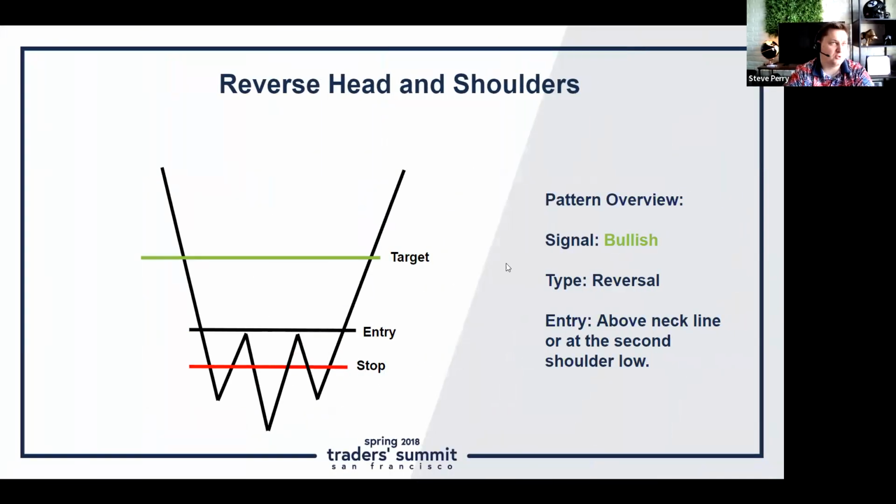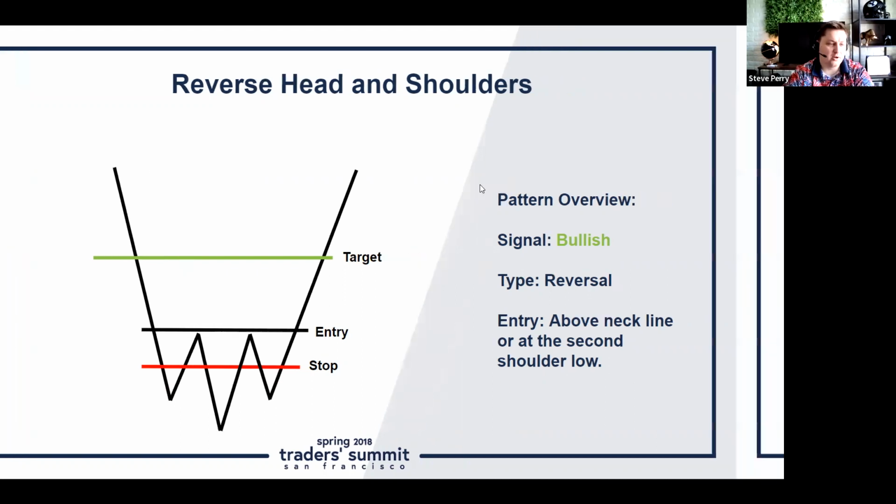Let's talk about reverse head and shoulders. It's the exact same thing, just on the opposite side. So you got a market that comes down, comes up to the neckline, comes back down, makes a head, comes back, gives everything back that it created on the head to the neckline, finishes the shoulder sequence, and then the bulls take over from there. Here's an example,